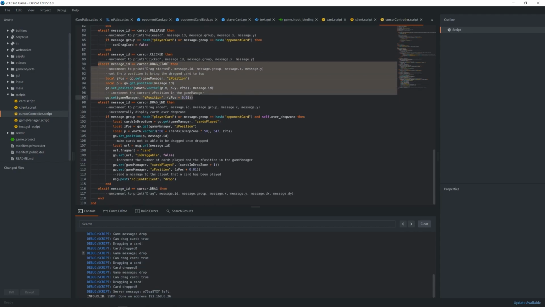We are doing a little bit of magic here. I shouldn't say magic. We're adding a bunch of logic here to make sure that the Z position of the card that's being dragged is incremented every time a drag event happens. Because you might notice in the previous video there were some issues where you'd try to drag a card and sometimes it wouldn't come to the top, so you'd be dragging it under other cards or other game objects. So what this does, it accesses a variable that's set in the game manager, the Z position,